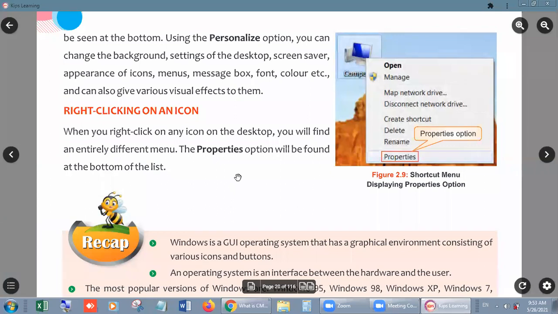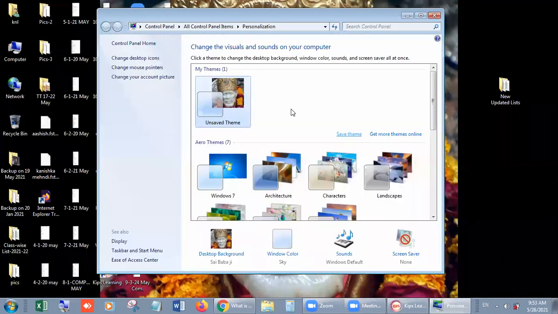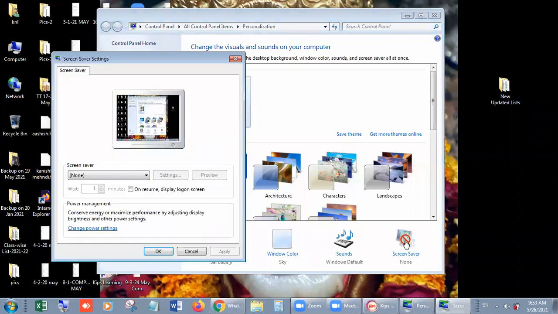As I told you that I am going to revise your lesson today, and it was the revision, and some commands I want to show you again. Just like right click on blank area, go on personalize, then you will have this option. With this option, you can change the setting of everything, just like screensaver. Here, click on screensaver, and suppose you want to change the screensaver.